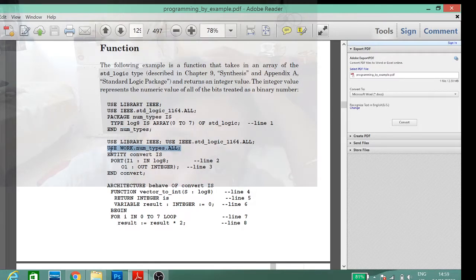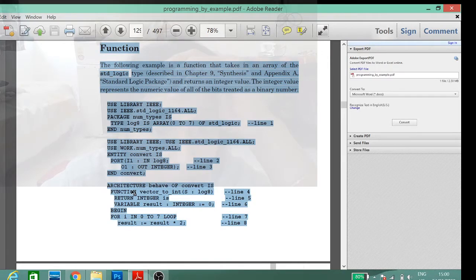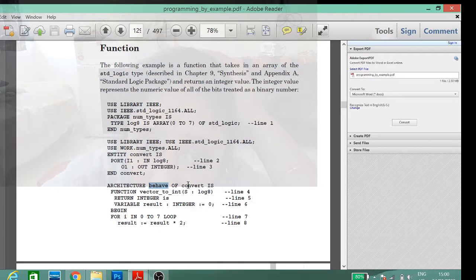Entity: start with the keyword entity, name the entity convert, is port, input I1 of type log8, which we already defined in the package. Log8 is nothing but the array of 0 to 7, that is 8 bits. Output O1 is the output integer. End of entity convert. Architecture named behave: start with the keyword architecture, name the architecture behave of entity convert